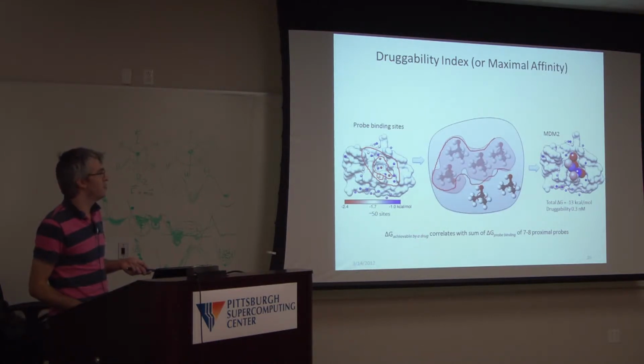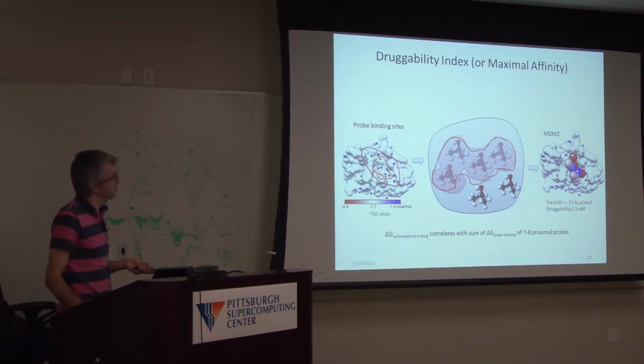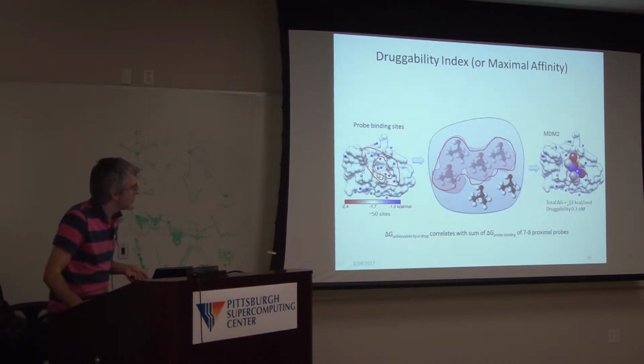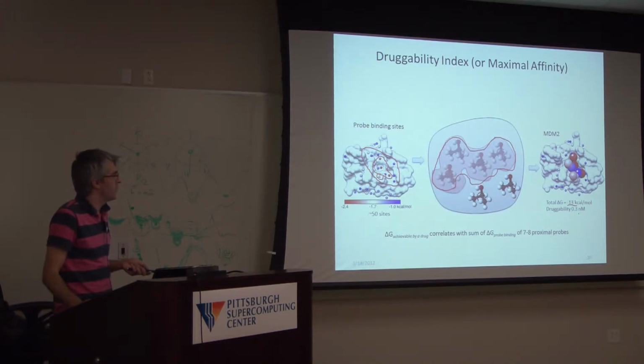And we assume that, okay, that's an ad hoc assumption or a bold approximation, but we say that the sum of binding free energies of these probe molecules in a given binding site is an indicator of the maximal achievable affinity for a drug-like molecule. Okay? For this site, the sum of free energies is 13 kcal per mole, and it corresponds to a 0.3 nanomolar affinity. Okay? And I will show you results for a set of